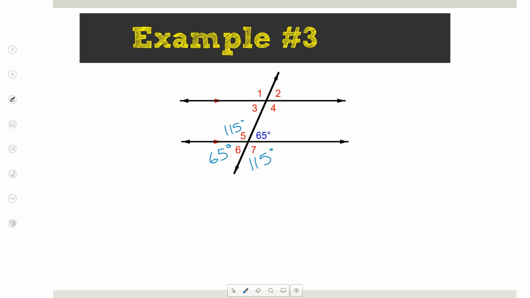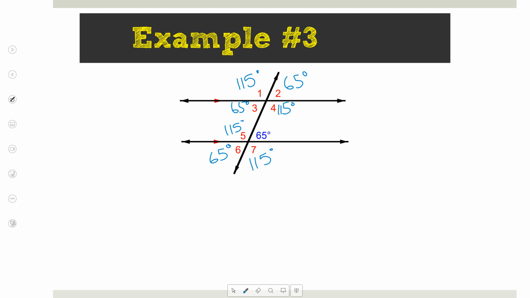Karen, how big is one of the angles? 1, 2, 3, or 4? Which one would you like? 1. How big is angle 1? 115 degrees. Okay. Why? Because the lines are parallel. Does everybody agree that angle 1 is 115? Okay, we'll discuss why in a second. Now finish. How big are angles 2, 3, and 4? 2 is 65 degrees, 3 is 65 degrees,